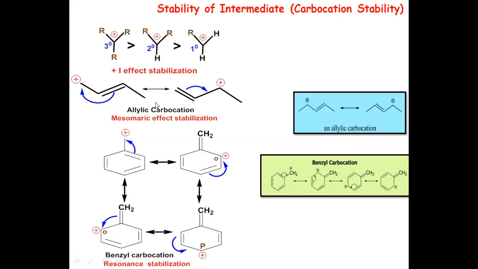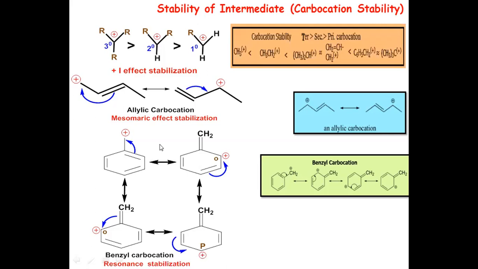Then comes your allylic carbocation, and then your tertiary carbocation, then secondary carbocation, and then primary carbocation. So in stabilization, resonance has more impact in stabilizing carbocation. Then we have mesomeric effect, and then inductive effect, which will stabilize the carbocations, which are sp2 hybridized, and carbon has positive charge. So these are the various, again, same thing we have represented in a pictorial form to indicate how they are stabilized.